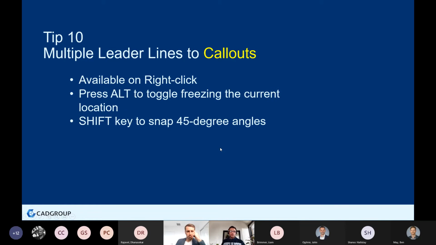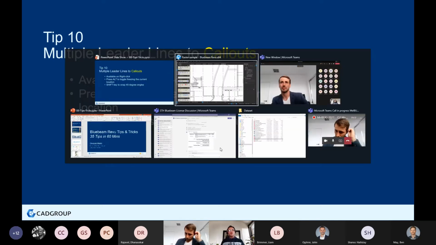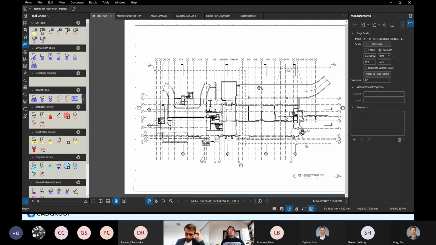Multiple leader lines to callouts. So this was one of those features that people had mixed opinions about. Oh, why does it keep moving around? Why does the leader line? So basically what I'm talking about is, let's say I've got a